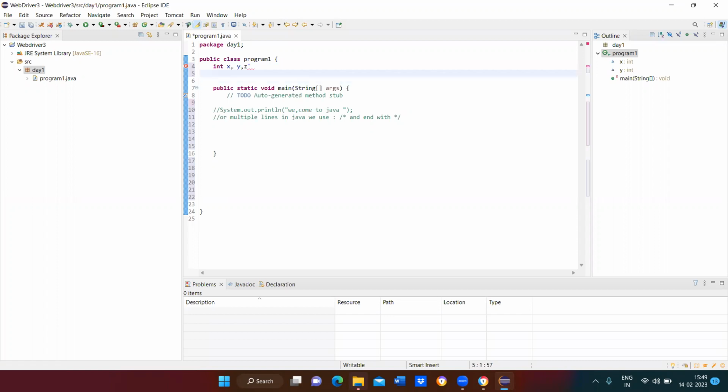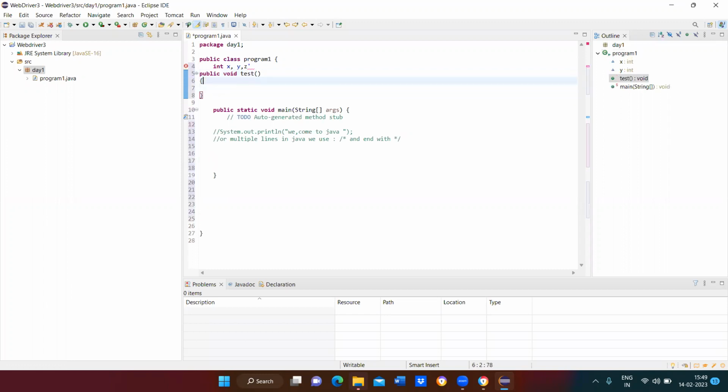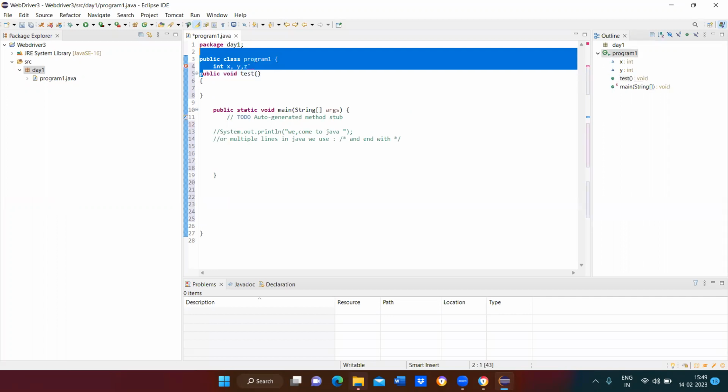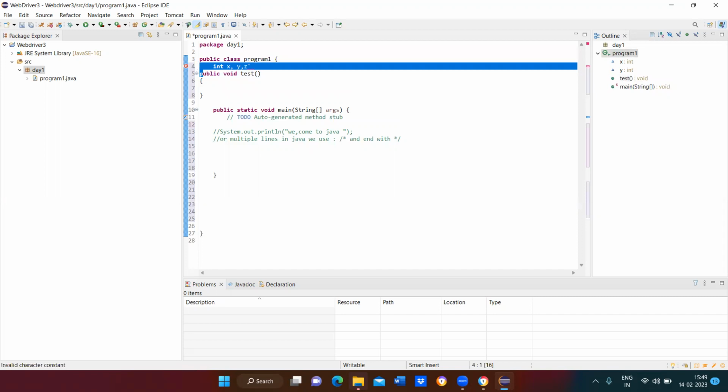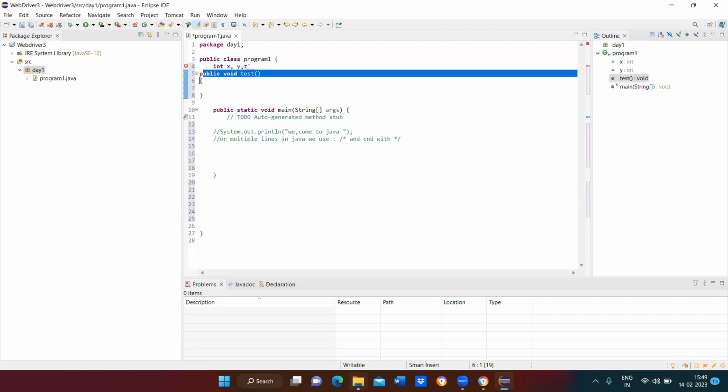And if you declare any method, public void test, this function is called a member function, which is a part of Java. So Java is a combination of data members and member functions.